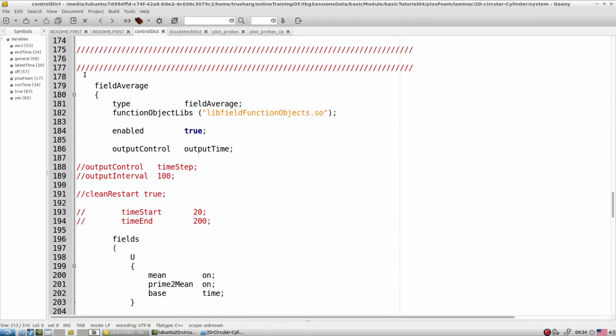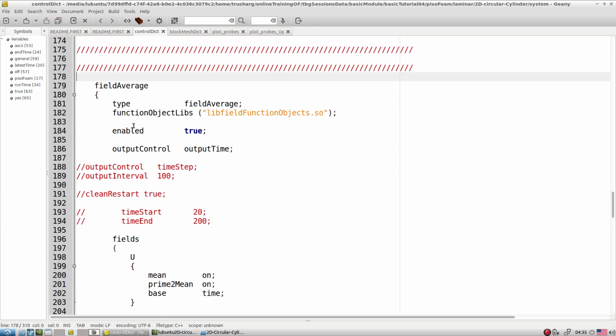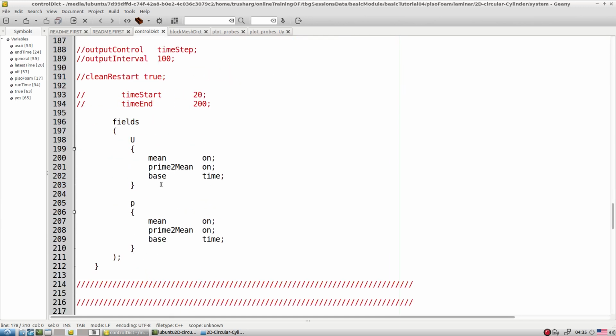I started the averaging when the simulation reached 80 seconds. When the averaging is started, along with our normal instantaneous flow field, it also gives us the mean velocity and statistics of velocities, that means Reynolds stresses, the 6 component Reynolds stress.